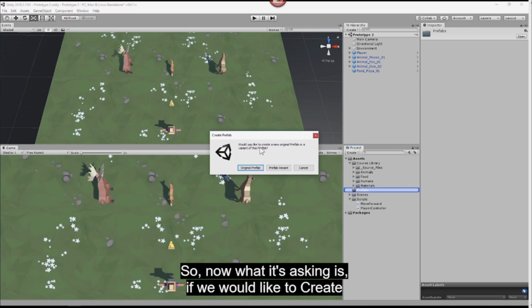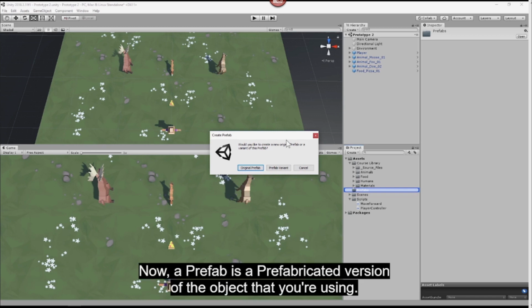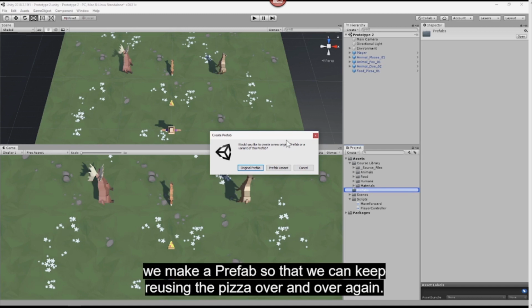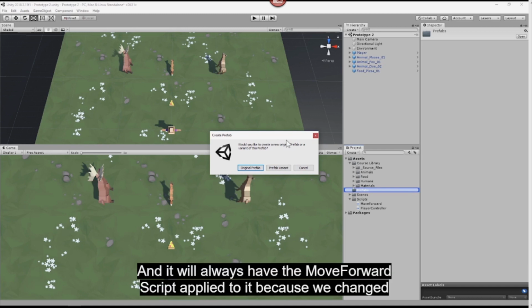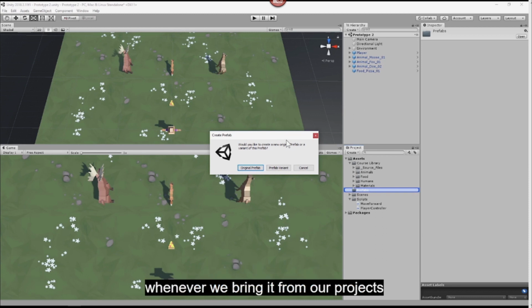So now what it's asking is if we would like to create an original or a new variant of this prefab. Now, a prefab is a prefabricated version of the object that you're using. So, for example, because we want to reuse this piece of pizza, we make a prefab so that we can keep reusing the pizza over and over again, and it will always have the move forward script applied to it. Because we change the size of this pizza, it'll always be this size